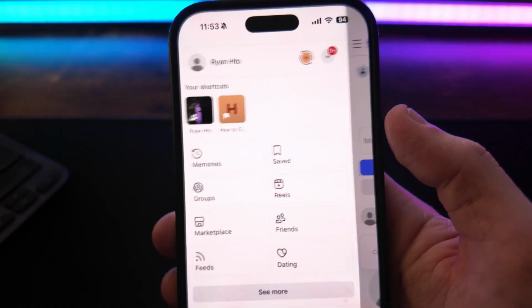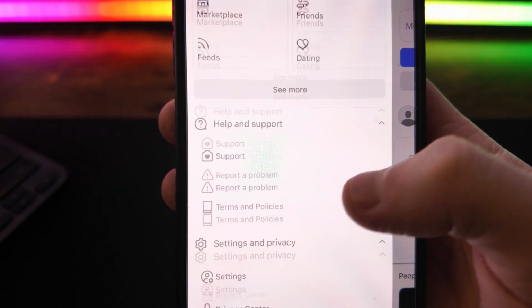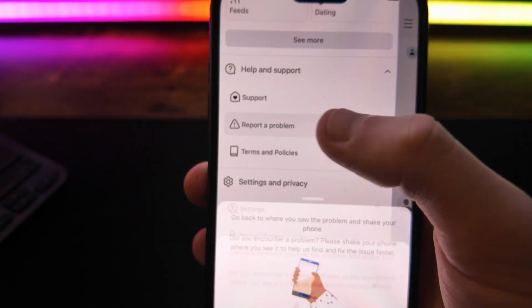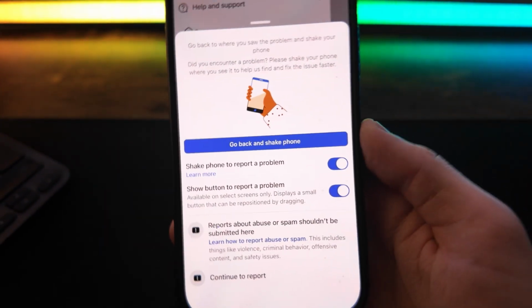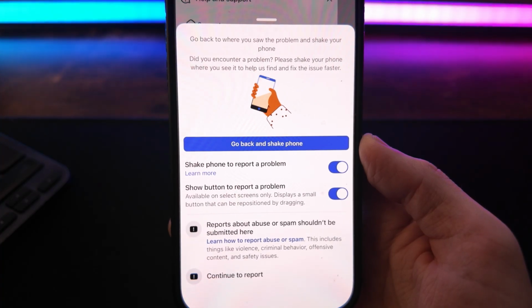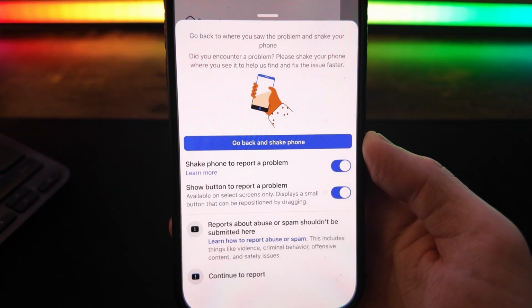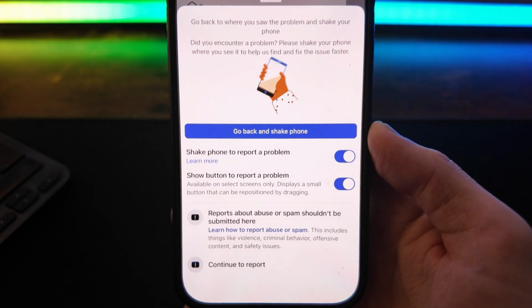the settings menu here. Once you do this, you want to go to help and support, click on the drop down menu, and then you want to click on report a problem. Once you do this, it will then ask you to shake your phone whenever you encounter the problem or the restriction. And then once you do this, this should then help Facebook resolve your problem with the restrictions on your